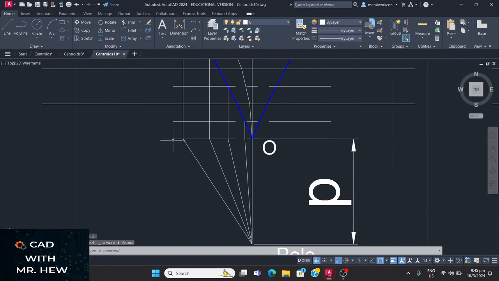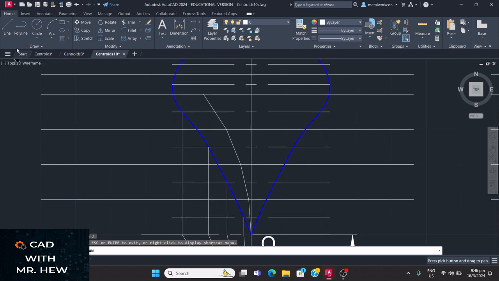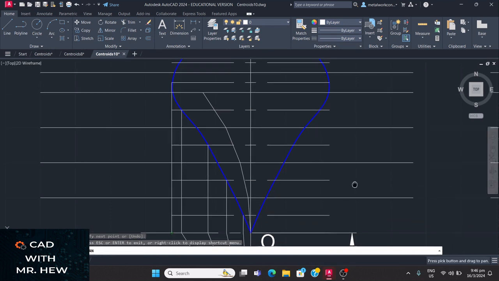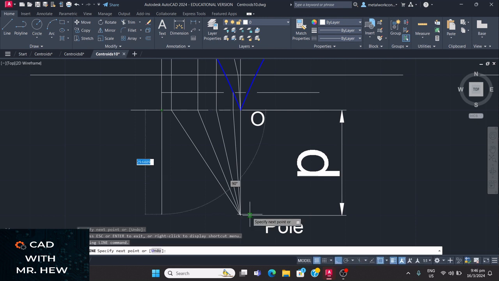All right, we're gonna extend this line first, all right? So let me extend this line. So extend this line, get rid of this construction line. All right, we're gonna drop a perpendicular, right? So from here, we're gonna drop a perpendicular coming down. Yes, there it is. And we're gonna go to the pole here,